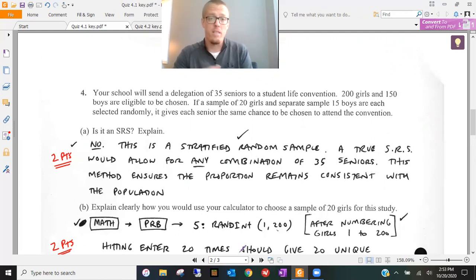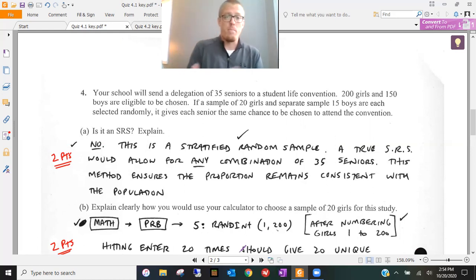And yes, that even means you could have 35 girls. It's possible that 35 girls could be randomly selected from a group of 350, right? And it's possible that a group of 35 boys could be selected. It does not have to be balanced in an SRS. So maybe that's not what you want, and that's okay. SRS is truly random. Simple random sample is the right kind of survey, except when we care about proportions, right? We want our sample to represent the population well, then we're going to maybe go for a stratified random sample instead, and that's what this is.